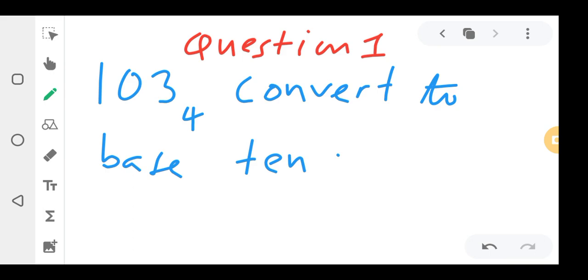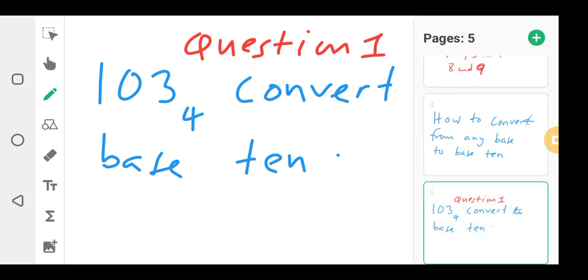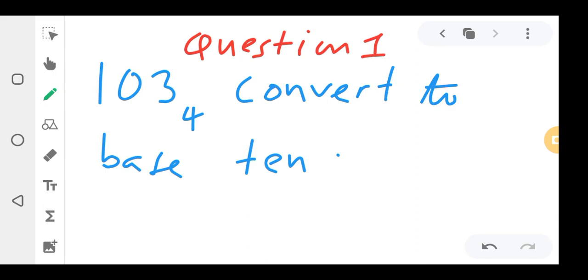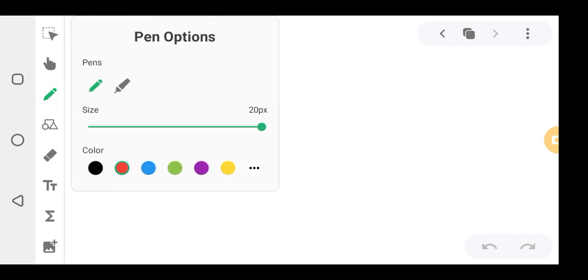What do you do? So it's in base 4. Have you seen 103 base 4? This number down here means base. So don't get confused. It's 103 base 4, but you're converting from base 4 to base 10. So what do you do? The first thing that you do,